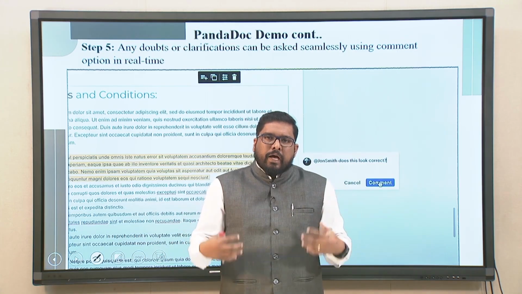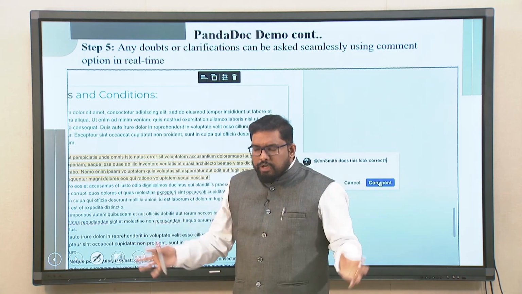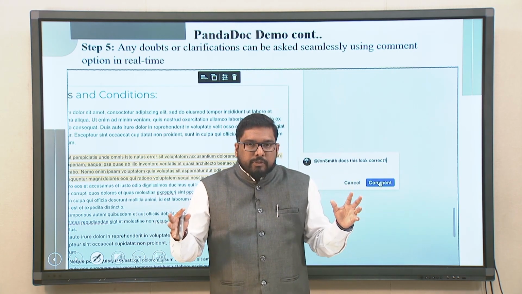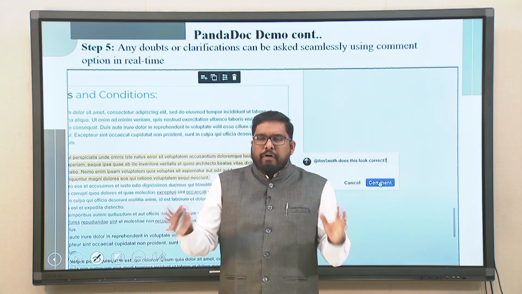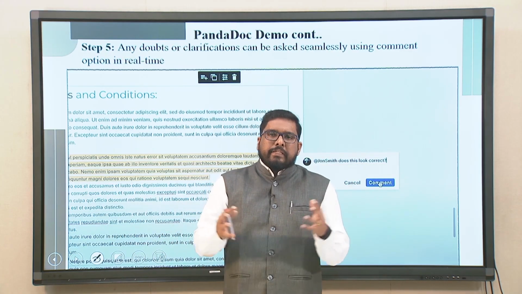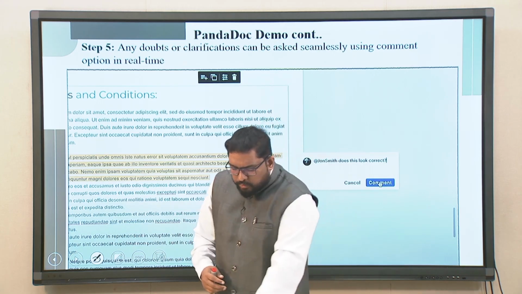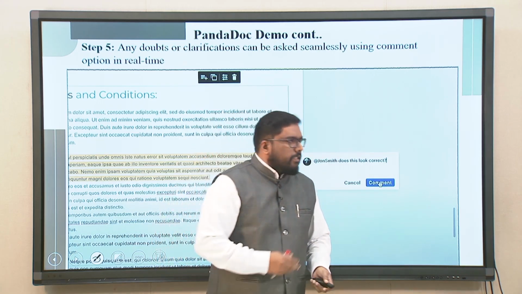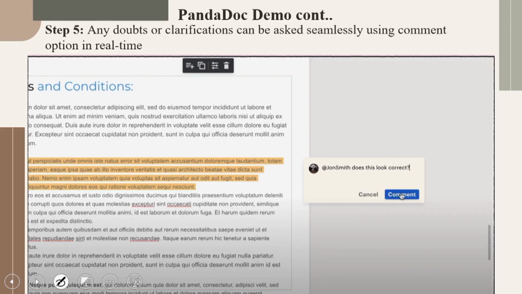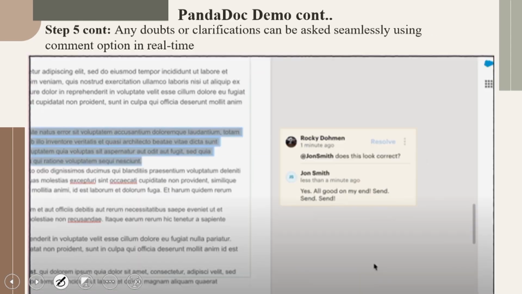The things in the HRM domain, especially with respect to document management, especially with respect to the management of the entire files, things are changing, things are becoming fast-paced. So this is what I wanted to give you an insight. Let's continue with what we were discussing in terms of the PandaDoc demo specifically. So you have options here with respect to the different comments that you can input in real time.